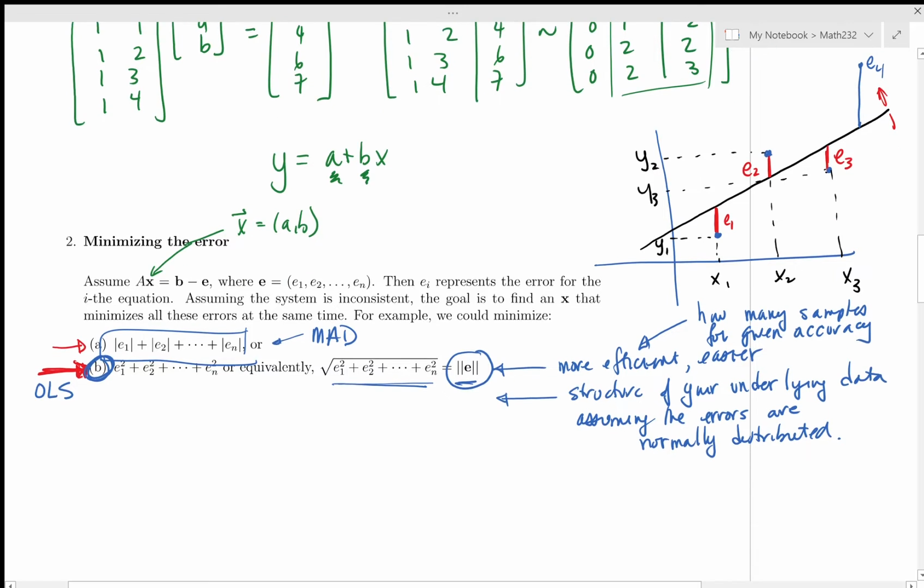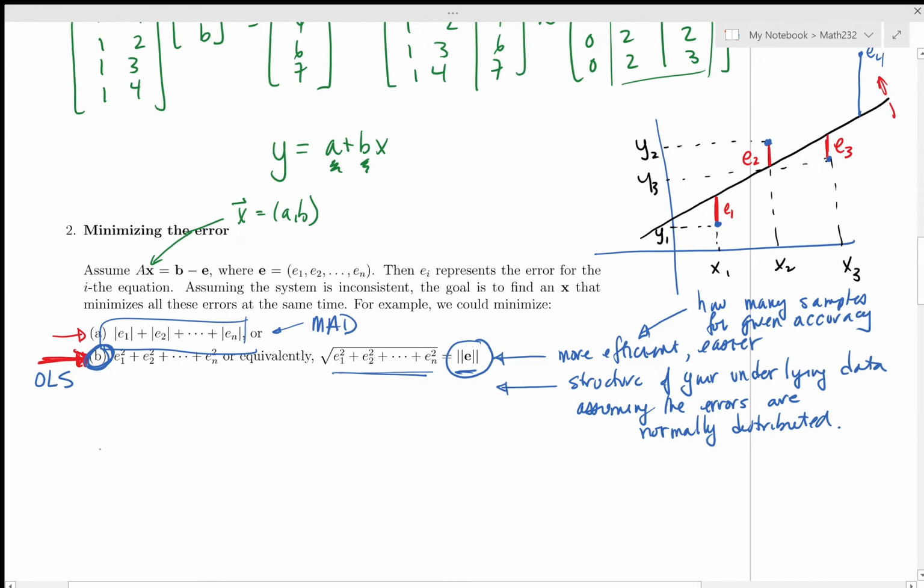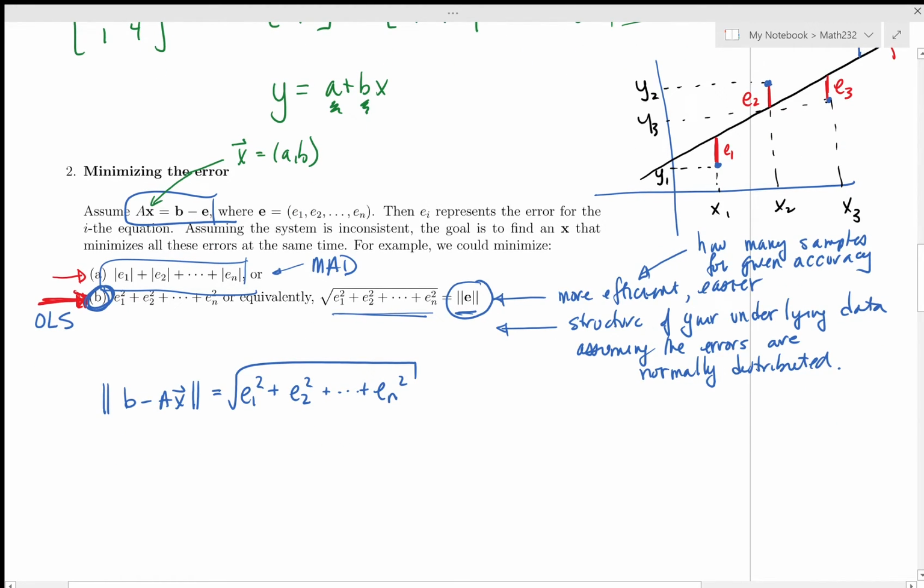Okay, we will notice that the norm of b minus Ax is equal to the square root of e1 squared plus e2 squared plus ... plus en squared. And then what we're going to say is, if you minimize this, you also minimize